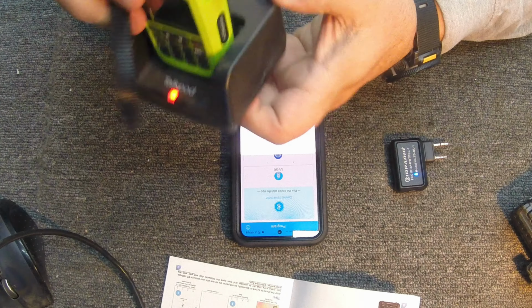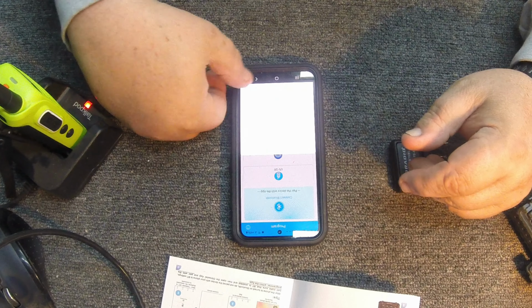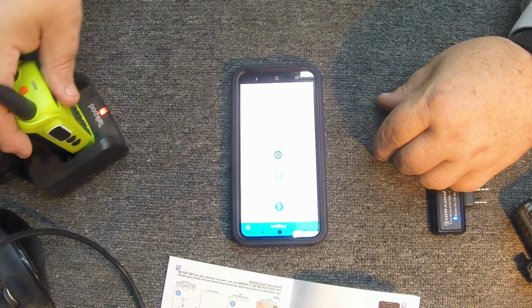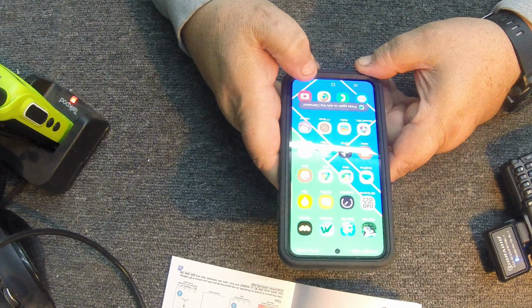See, 836. Sorry, I got the battery dead. I was going to hook up to it and show you. But, I mean, you're going to get the idea on all of them. You can program all your different little dual and tri-band little handies. This has got a lot of stuff. It would take me a long time to...